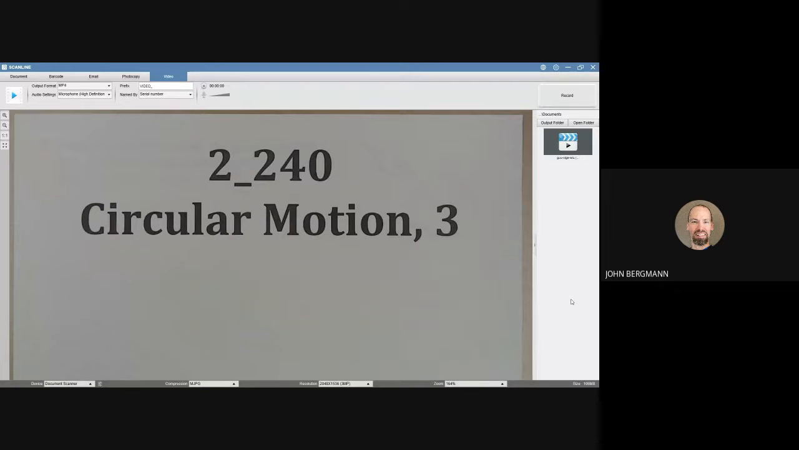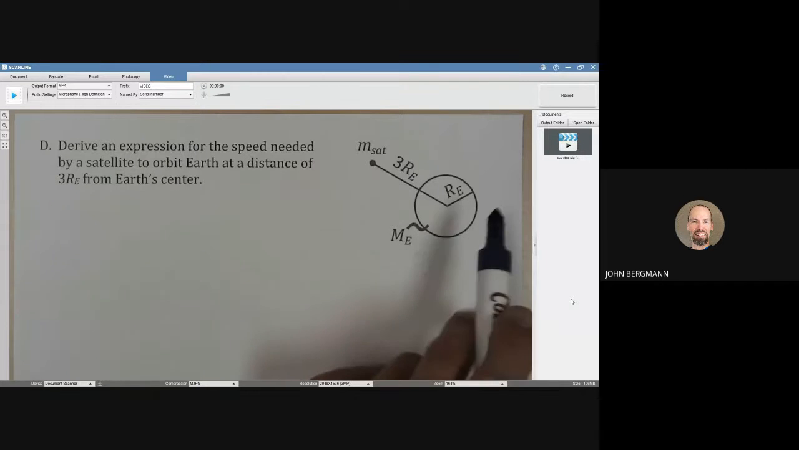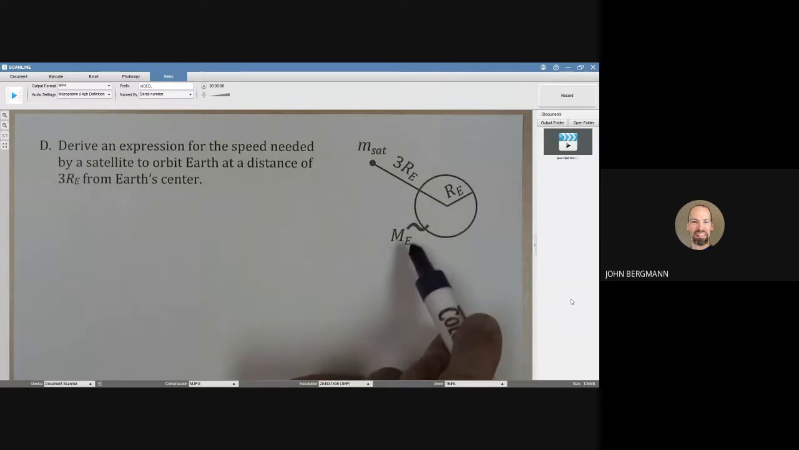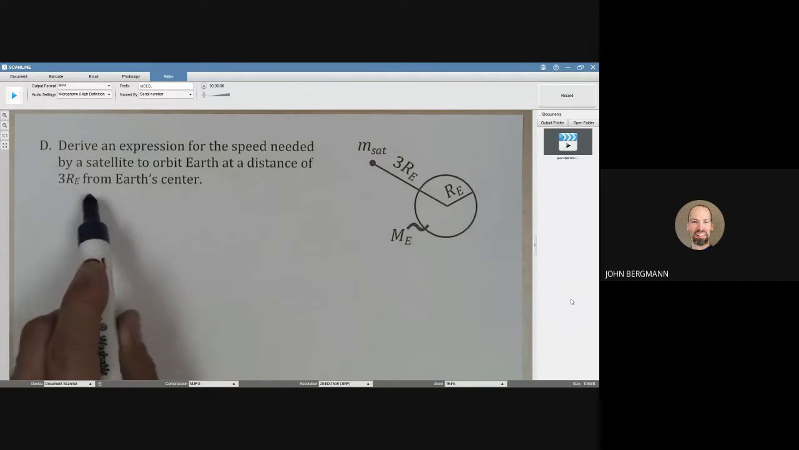This video is Circular Motion 3. Derive an expression for the speed needed by a satellite to orbit Earth at a distance of 3 RE from Earth's center. Here's a model of the Earth. There's its radius. Earth has a certain mass, and we're orbiting at a distance of 3 RE from the center